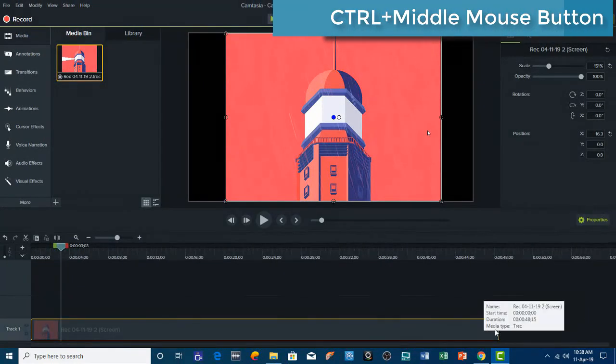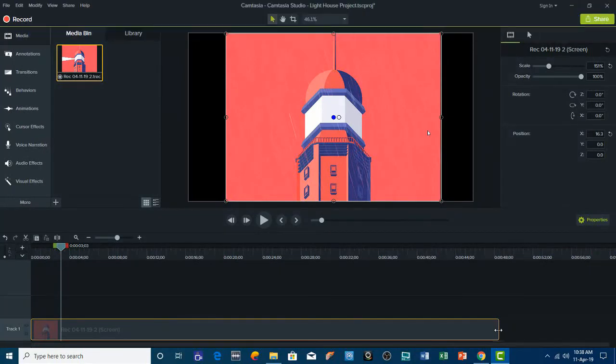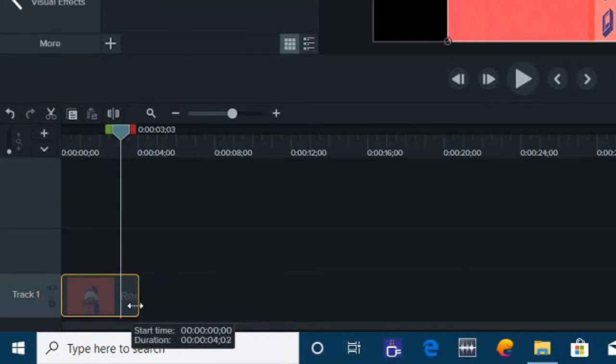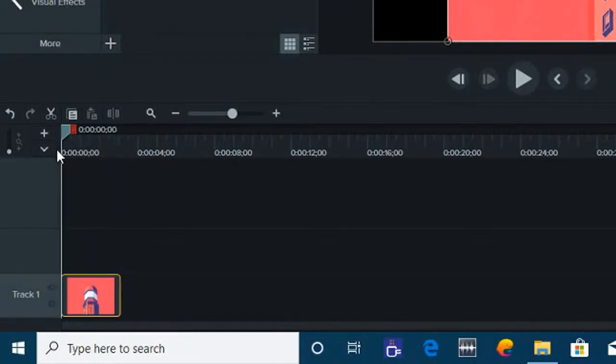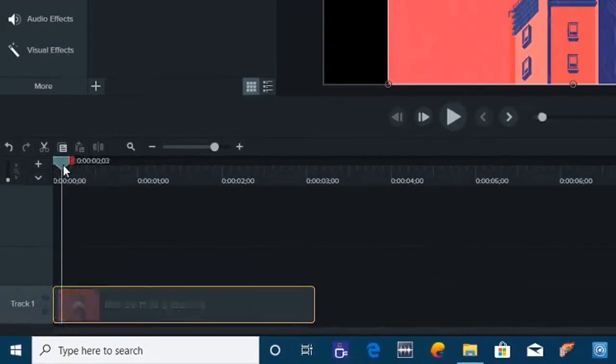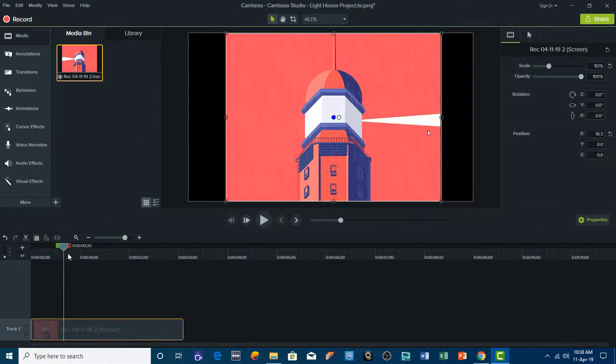So now I am going to crop this clip from the right by holding it right from here and then just dragging it to the slider. You can see that it is doing something like snap to object, like a magnet. So that way it makes it easy to crop the clip up to the part you want. Now I can watch this animation step by step.